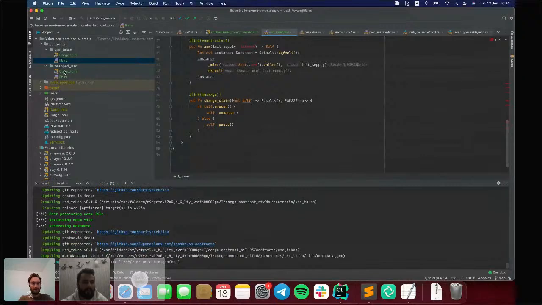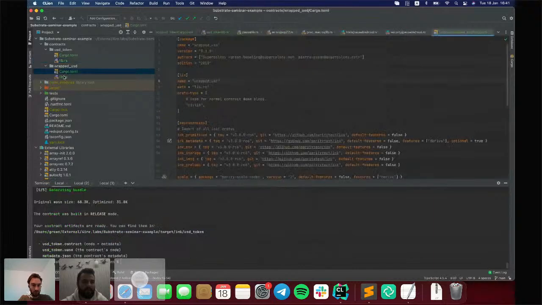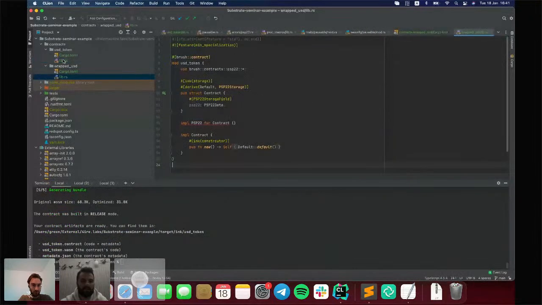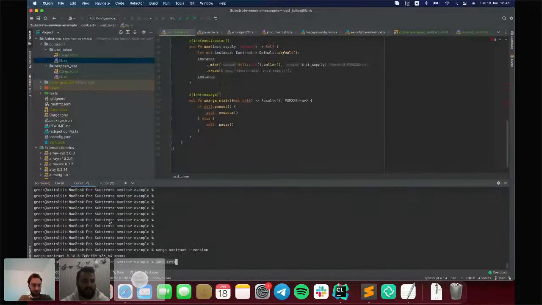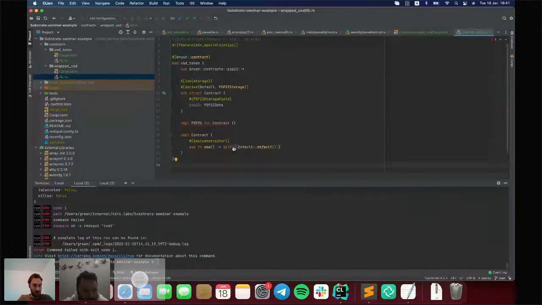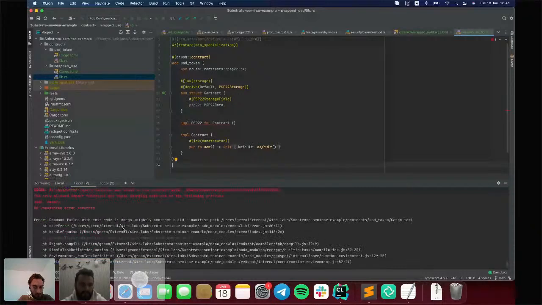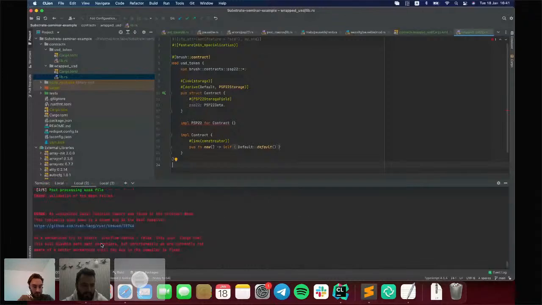We will try to run tests. Maybe let's try to run tests now. I'm not sure, because we also need to implement the second contract before running tests. Let's try to implement the wrapper first. Okay, and another thing: the latest Rust has a problem with overflow checks, so there is a workaround for now.